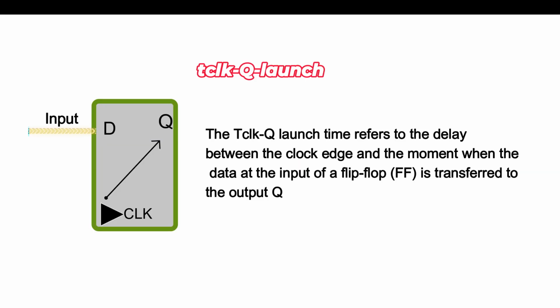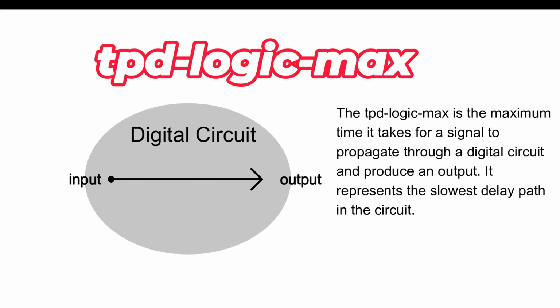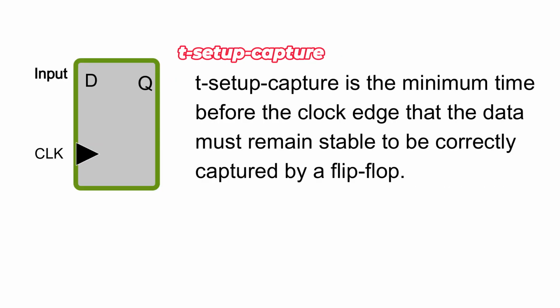The T-clock Q launch time refers to the delay between the clock edge and the moment when the data at the input of a flip-flop is transferred to the output Q. The TPD logic max is the maximum time it takes for a signal to propagate through a digital circuit and produce an output. It represents the slowest delay path in the circuit. T-setup capture is the minimum time before the clock edge that the data must remain stable to be correctly captured